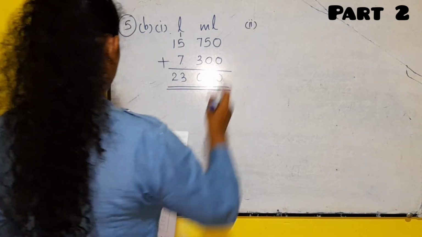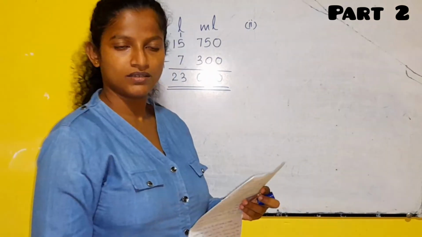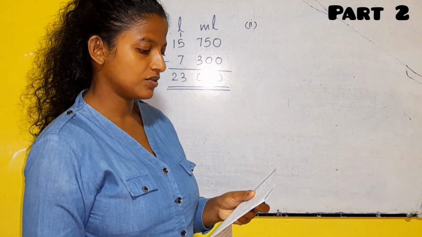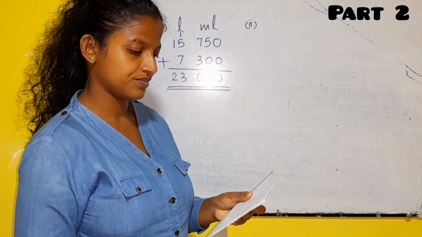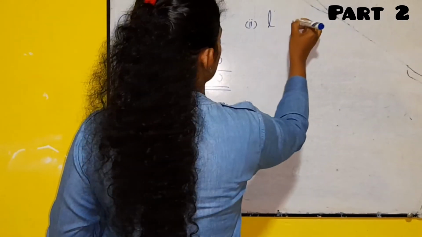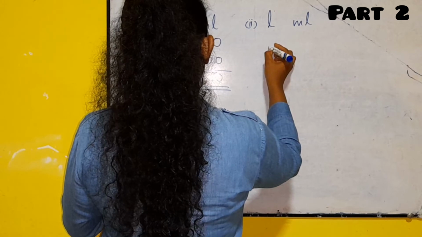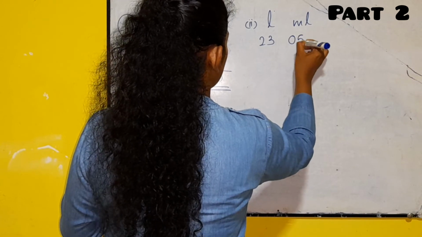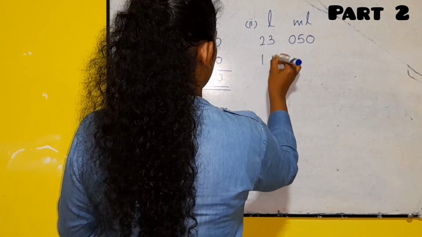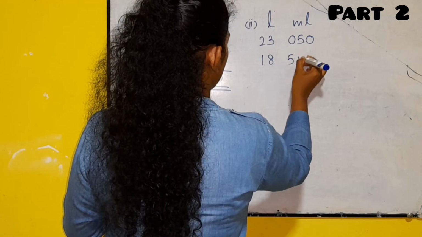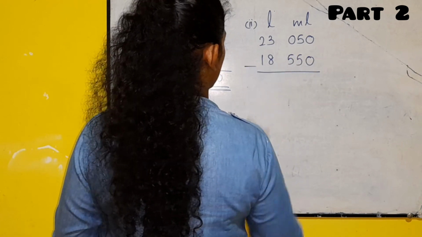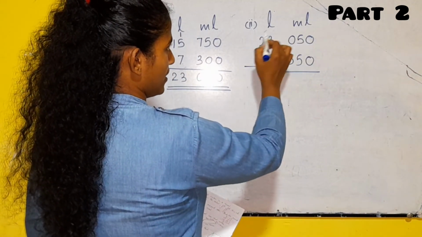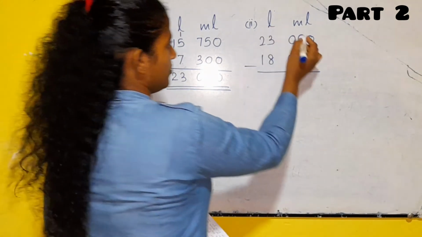Then second part, if 18 liters 550 milliliters of water is removed, now find the amount of water remaining in the vessel. You can subtract the removed amount from this total amount. 18 liters 550 milliliters. Subtraction. You can't subtract 550 from 50 milliliters, so you have to take 1 liter from the liters side here. Then it becomes